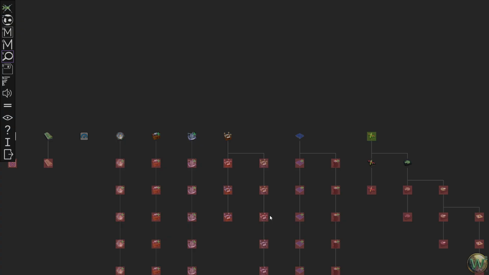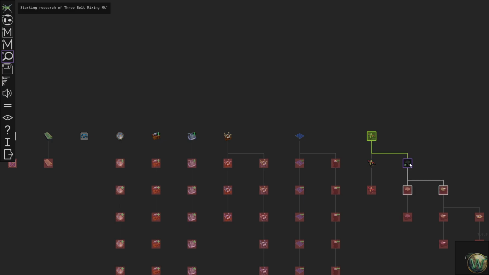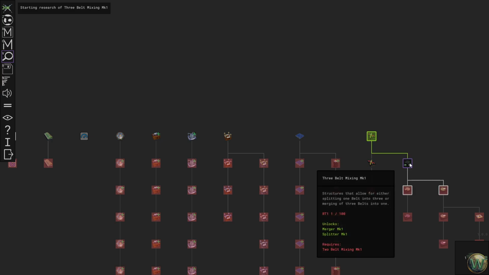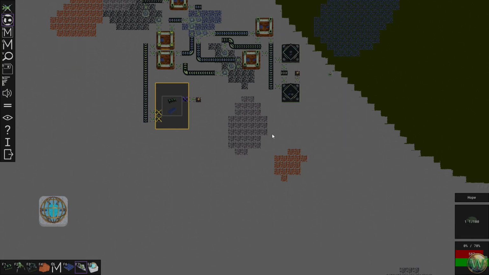Before we end this episode, let's do one more research. I think we'll do the 3 belt mixing Mark 1. Which will give us a couple of new belt things, mergers and splitters. And in the next episode, we will set those up, as well as the crossings and the mixers and swappers. And we'll have all the belt things